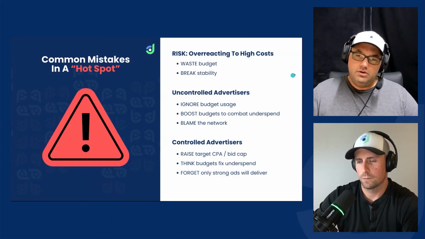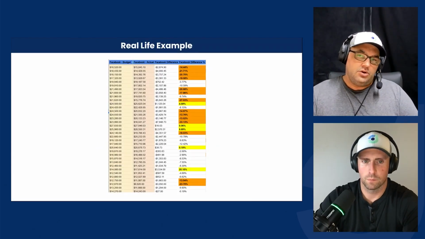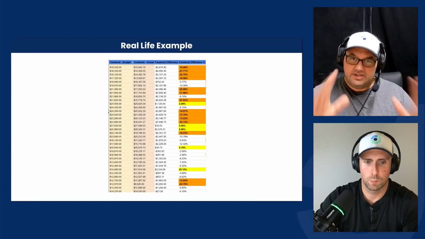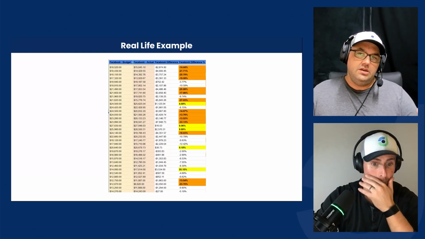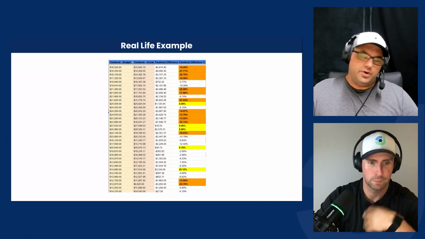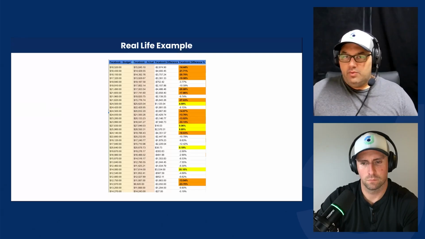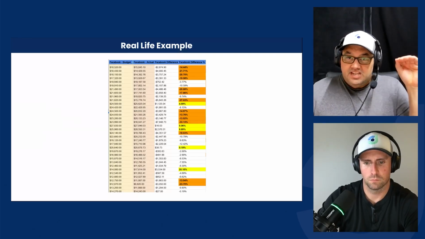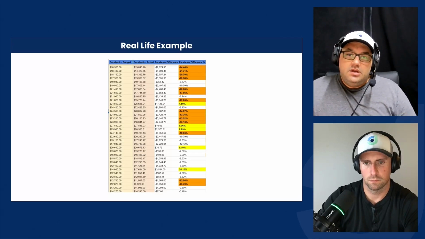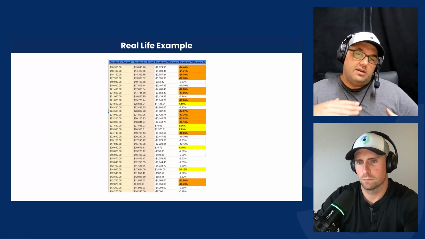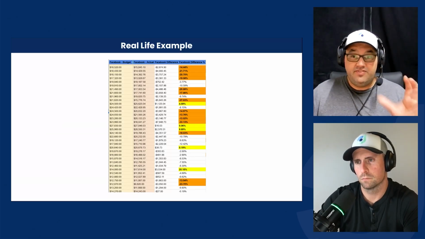Let's take a quick look at a real world example and what this might look like. You'll see here is a graph. We manage all our accounts on a daily basis. And as you're going through the month, where there's this orange, we're seeing an underspend. So these are spots through the month where we've seen overall underspend through Facebook, where we've got a particular budget set for that day. And we see sometimes up to 20, 30% underspend because we know that we're experiencing a hotspot at that time. There's a cost increase. So that's very clear and visible.